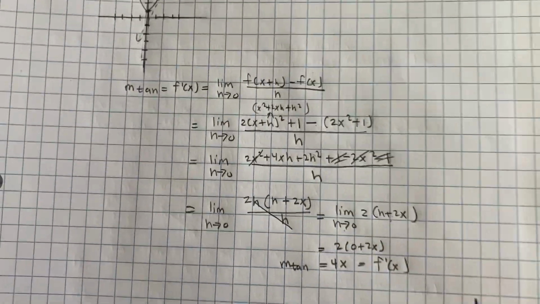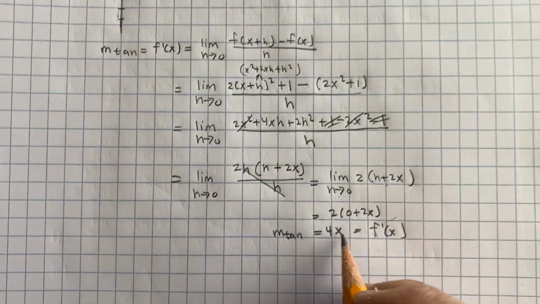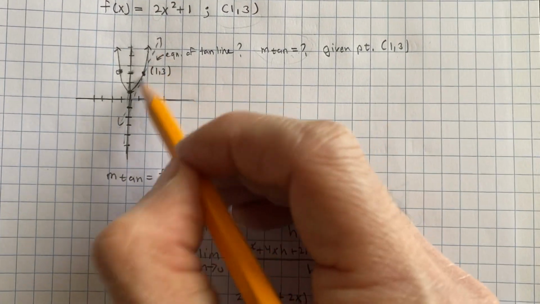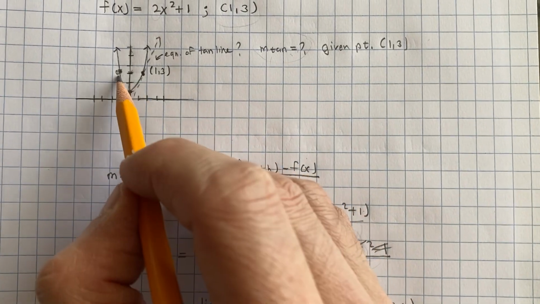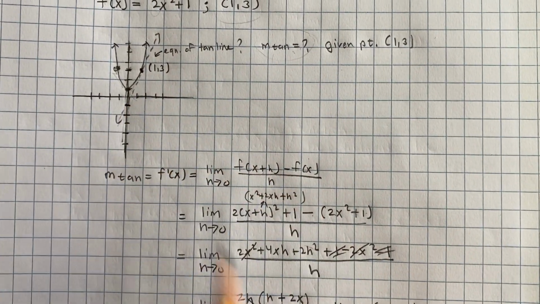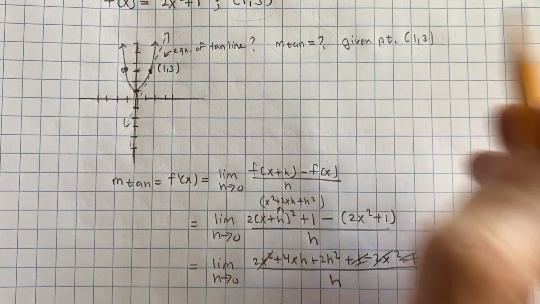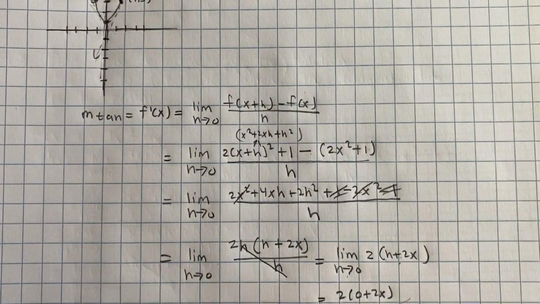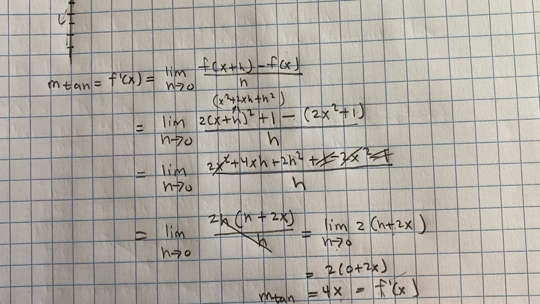And the problem is not asking us to find the slope of the tangent line. It's asking us to write the equation of the tangent line. So this 4x, what does this represent? f prime of x is 4x. 4x represents the slope at any point on this graph, right? To find the slope at a given point, you use this equation. But I want this slope at (1, 3). So I just plug in the x value of 1 into f prime. I'm going to get 4, and that's the slope